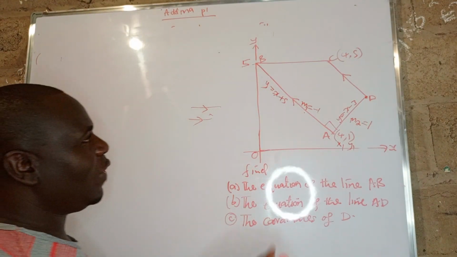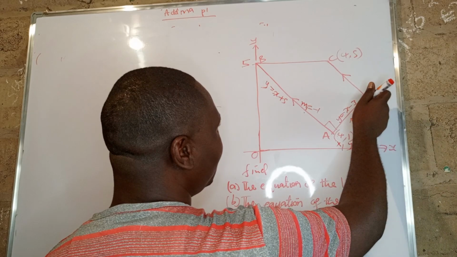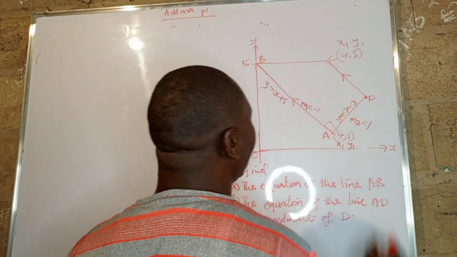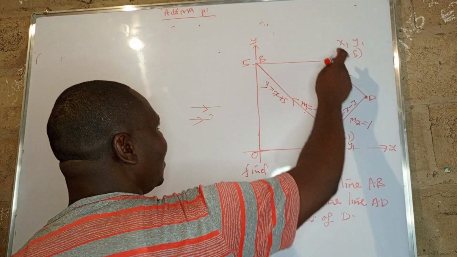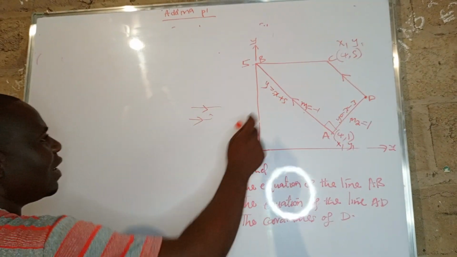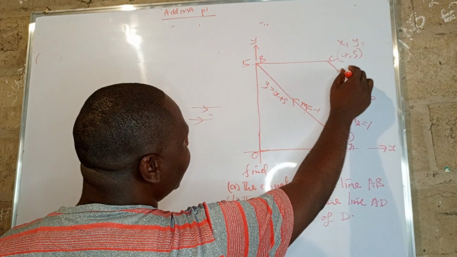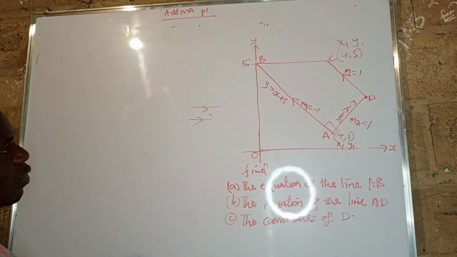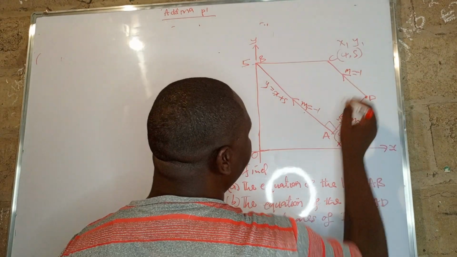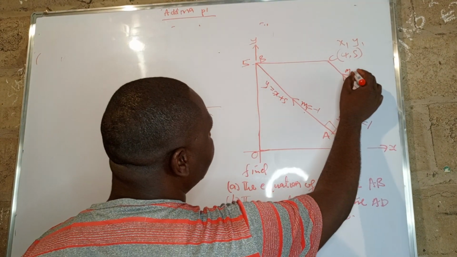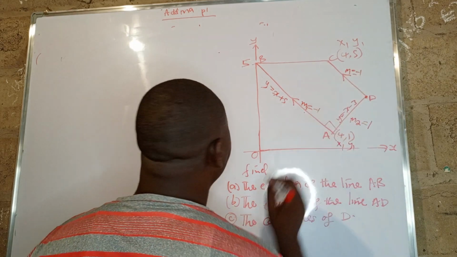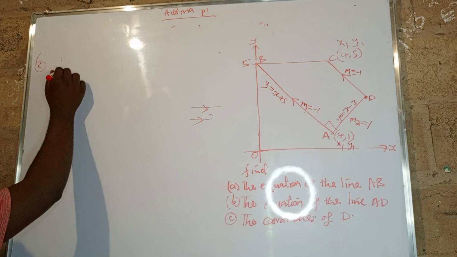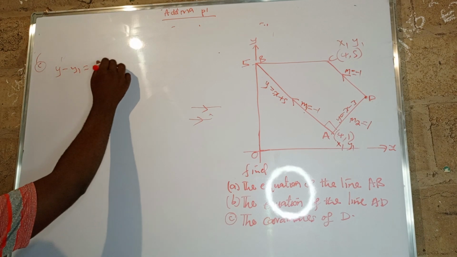Good. So now I need to find the equation for this line. Since I don't have this point, I'll use this point as x1, y1 there. So at least I can find the equation for this line using this point and the gradient. So here, m is equal to, sorry, not 1, but negative 1. Negative 1 here. So my equation again will be y minus y1 is equal to m(x